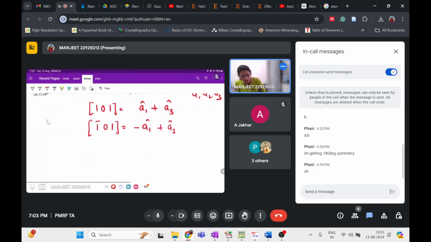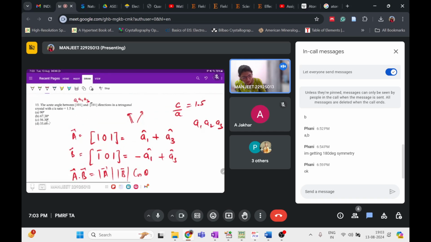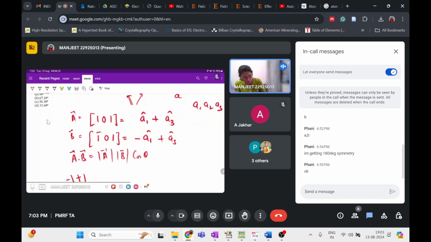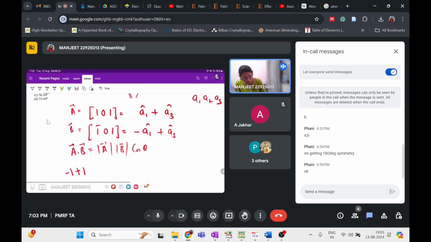Again, we know the dot product formula, a dot b, because we have considered the vectors. This is the second way we can calculate the angle between the directions also. So a dot b will be the magnitude of a times the magnitude of b and the cosine of the angle between them. If I take the dot product of this one, this will become minus 1 plus 1. Is it the right one? Or is something missing here? Okay, minus 1 plus 1 here,